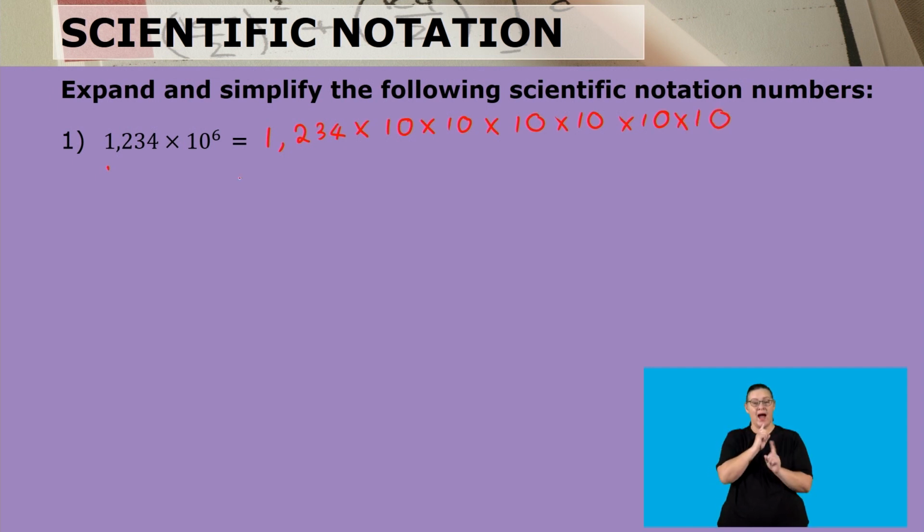So what is that answer going to look like there? If we have our 1,234, we are going to multiply it by 10 6 times. So that means 1, 2, 3, and then we are going to have again 4, 5, and 6. And in those place values where there is nothing, we are just going to place our zeros to show that we have multiplied by 10 6 times. So that is going to give us an answer of